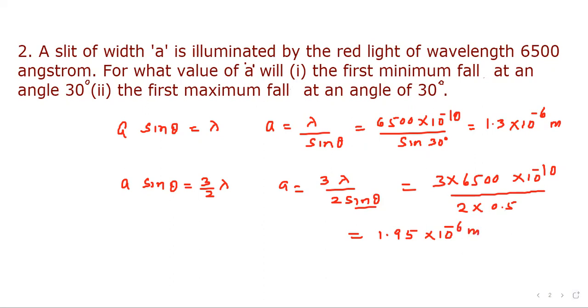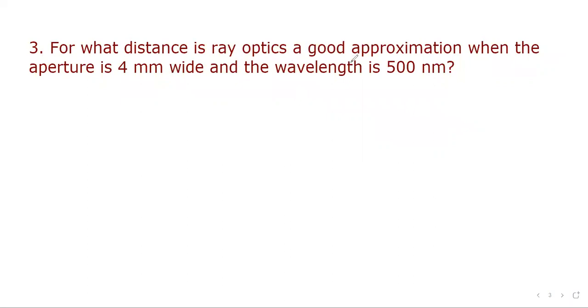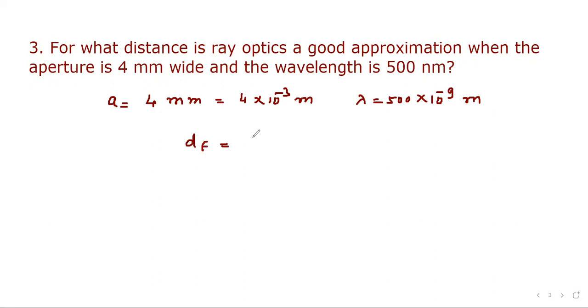Now let's consider the next question. For what distance is ray optics a good approximation when the aperture is 4 millimeter wide and the wavelength is 500 nanometers? So here we are given a equal to 4 millimeter, that is 4 times 10 to the power minus 3 meter, and lambda is 500 nanometer, so we can write it 500 into 10 to the power minus 9 meter. Now here we have to find out Fresnel's distance. So DF is equal to a square divided by lambda. So a square means 4 into 10 to the power minus 3 squared divided by 500 times 10 to the power minus 9. So if we evaluate it,